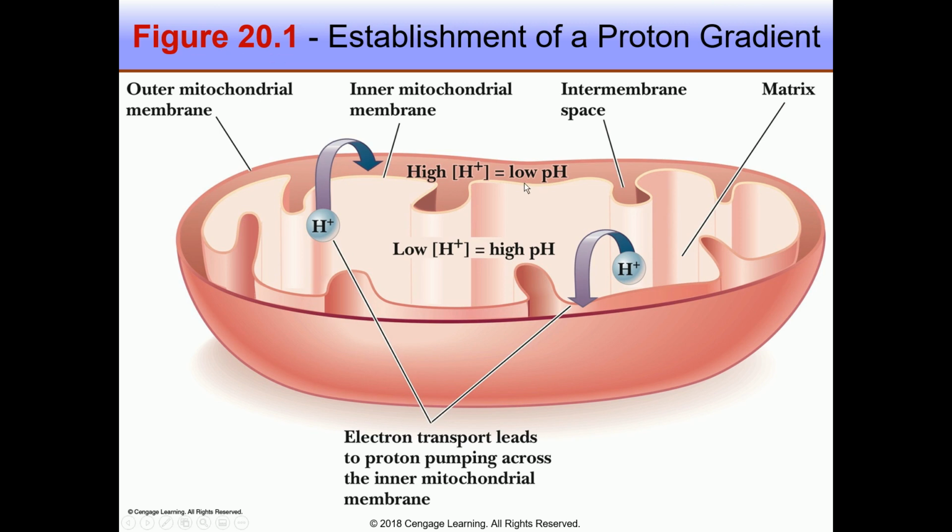I would like to explain it one more time, looking at the structure of mitochondria. This is the outer membrane of mitochondria, and this is the inner membrane of mitochondria. These invaginations are called cristae. And the protein complexes, the four protein complexes which we are going to discuss very shortly,